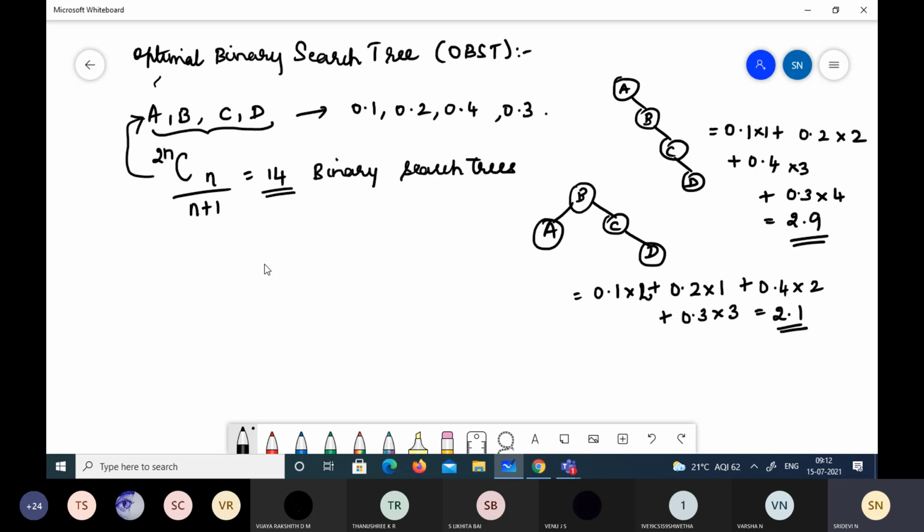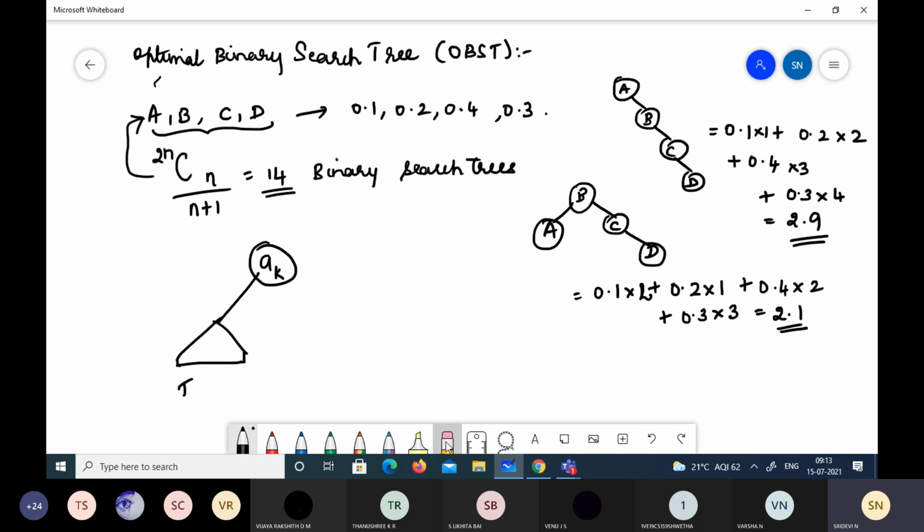Suppose we have any key, whatever is considered as a root, that will be taken as root, and the left subtree will have all the remaining keys, the optimal BST for A_i.